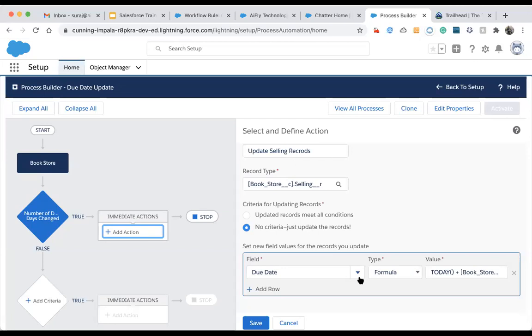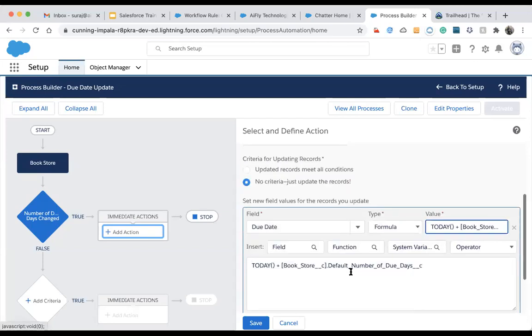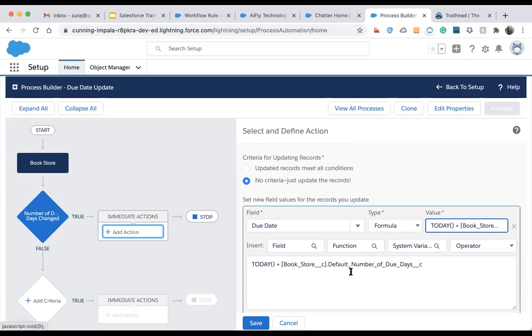Isn't it minus because you said 2 days before the due date? It's populating what will be the default due date for today. Yes. Okay. What will be the default due date? Whenever the record is created, what will be the default due date? The user can change it at any time, but it will be a default due date. Yeah, I understood.